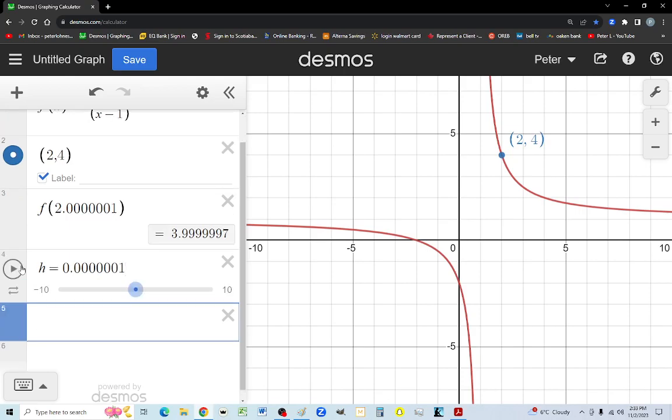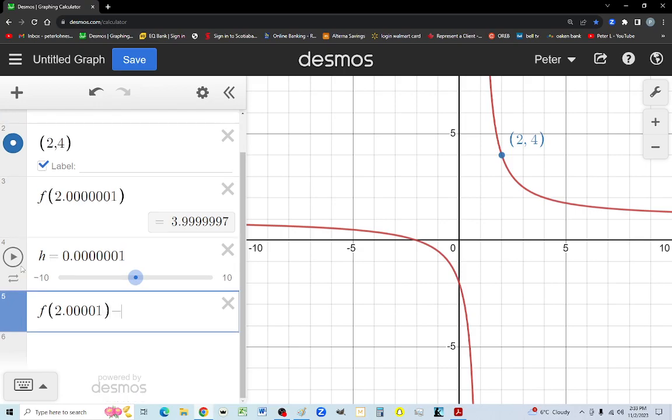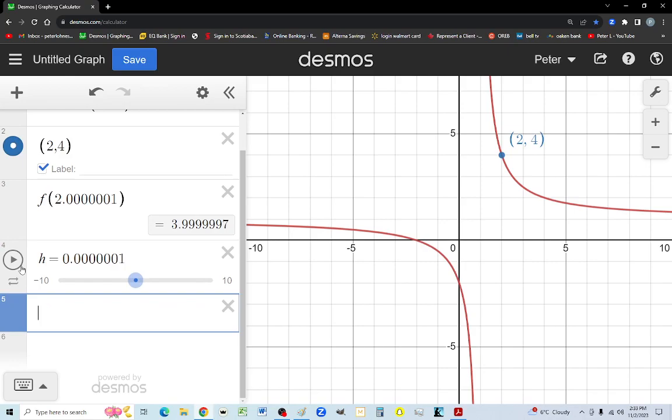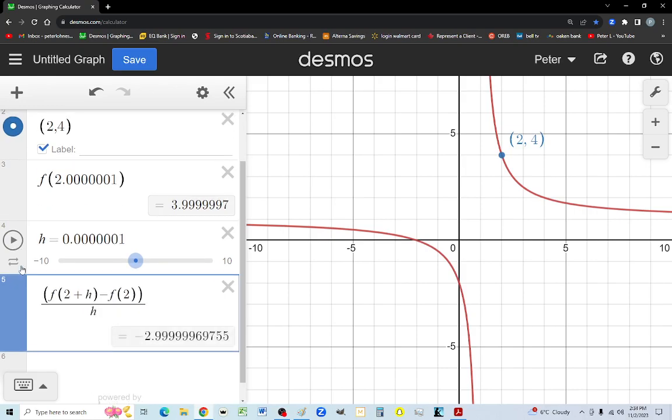And if I look at my result of f of 2.001, and then I subtract my f of 2, I'm going to get a very small number. So what I'm going to do instead is ask it to calculate f of 2 plus my h, which is the same number we got, minus my f of 2, and all of it is going to be divided by my h. And look, I was pretty close. It looks like -3 was the actual